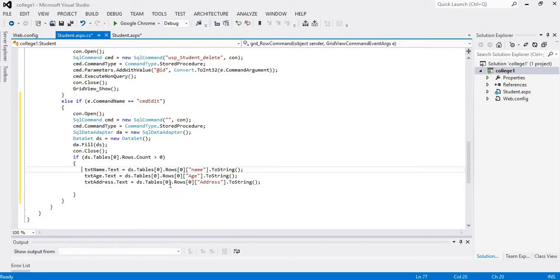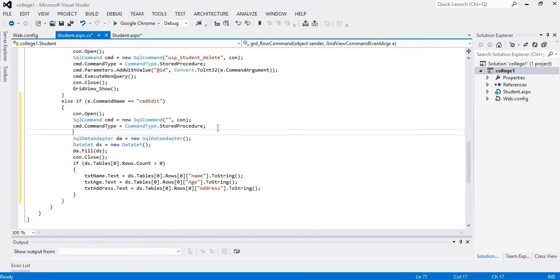So these lines of code will map the data to their respective text boxes, but we are missing one thing, that is we have to give it the current ID of the record.